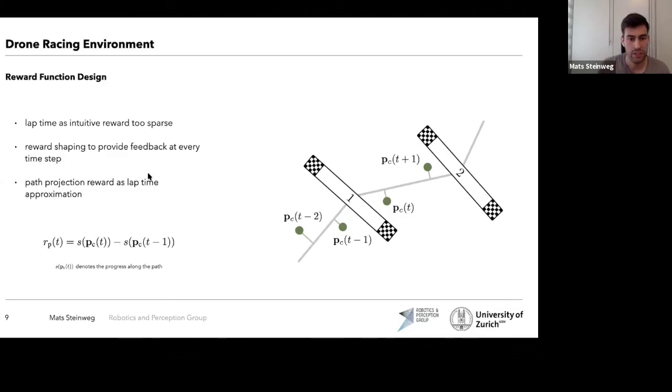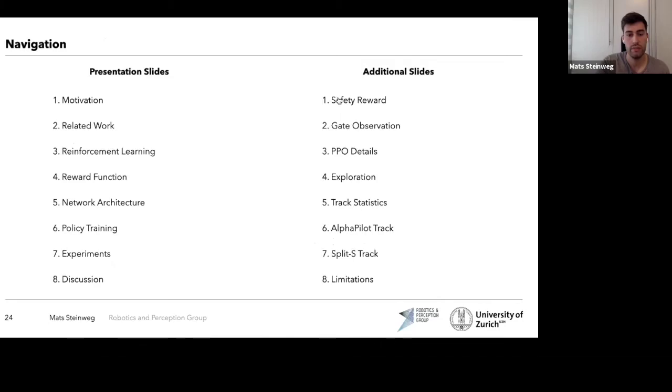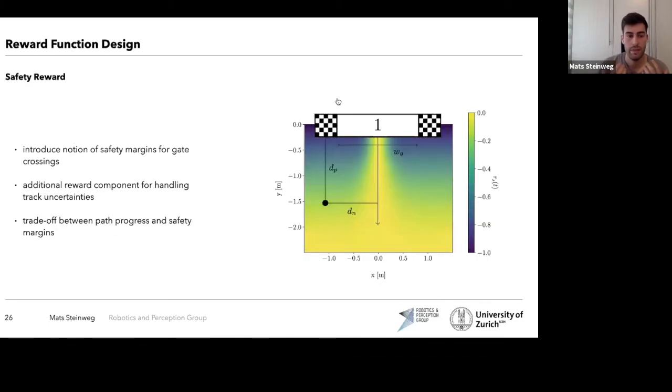Have you tried to estimate and regulate risk of a crash somehow? Risk aversion or value at risk approach? So we haven't implemented anything in terms of risk averse reinforcement learning. What we experimented with, let me just jump to that slide, is another reward component, because this progress reward that we use